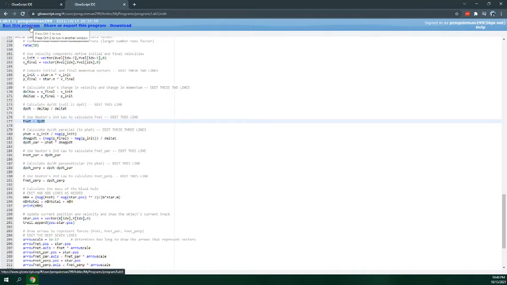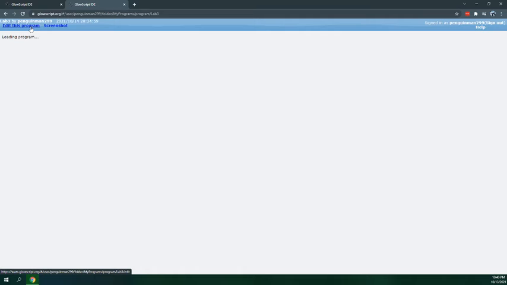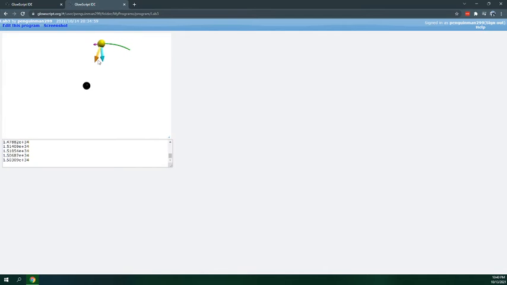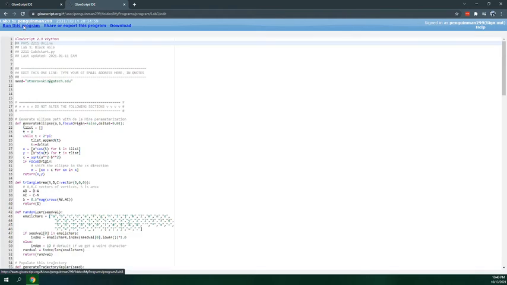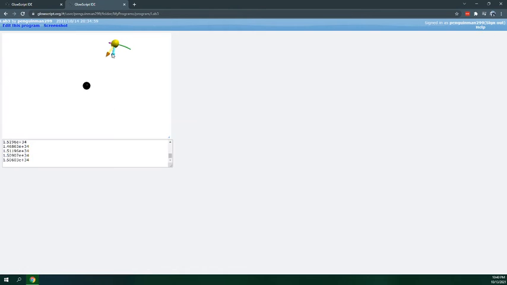And so if we run the program, you'll see that I have these indicators that show the orange one being the net force on the object, and the pink being the parallel momentum, and the blue being the perpendicular momentum and also force. And so if I just run it one more time, you'll see that as we get closer